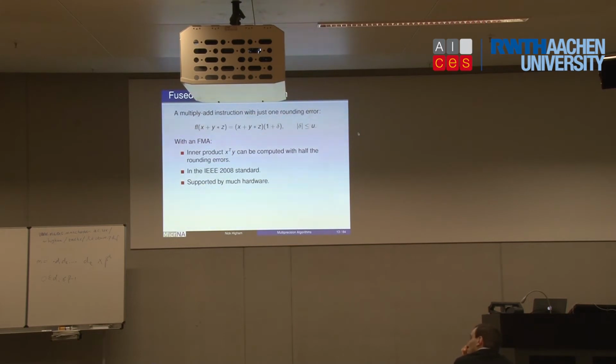And this is now supported by quite a number of different architectures. They have this so-called FMA built in. And clearly it's desirable to have such a thing, at least in the sense that you get a more accurate result for this operation. And I think this can be done at about the same speed as doing a single multiply as well. So if, for example, you use it in computing an inner product, you get a result with about half the number of rounding errors. You would hope to get a more accurate result.